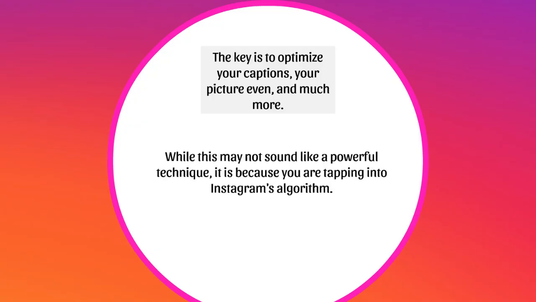So while this may not sound like a powerful technique, like a mind-blowing traffic source and all that, it's because you're tapping into the Instagram algorithm. Once you get this right, you get the hashtags right, and you do your shout outs and all that, you can really kickstart and jumpstart everything so that you can begin to start creating a snowball effect. So the shout outs will help you in getting people to your page and all that. But by doing that, you start building a snowball that's just going downhill. And as you know, with the snowball, as it goes downhill, it just gets bigger and bigger and bigger because you got all this optimization right.